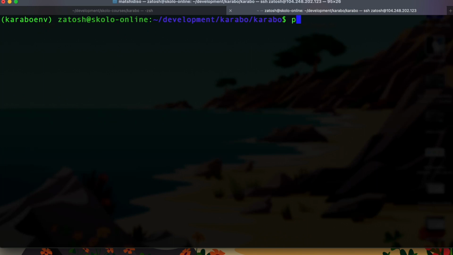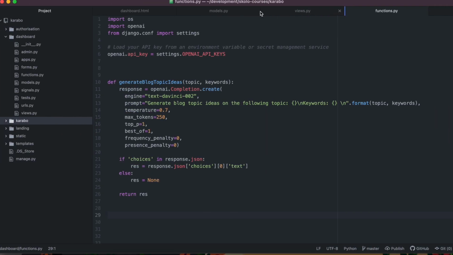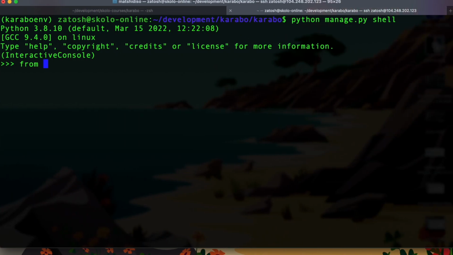Coolio, let's then run the shell. Let's then run from dashboard, functions,